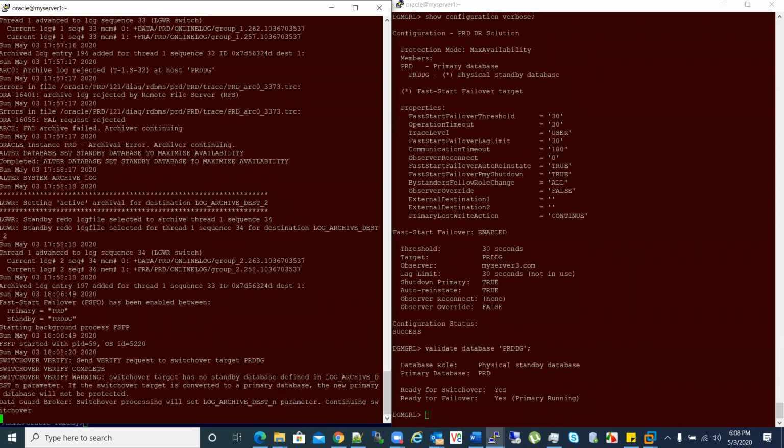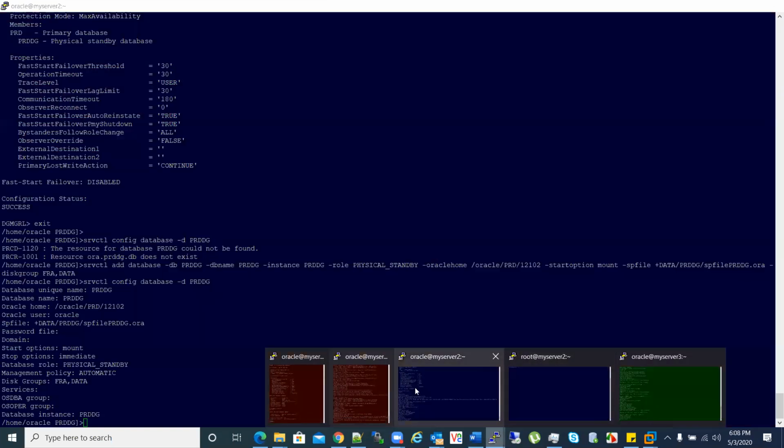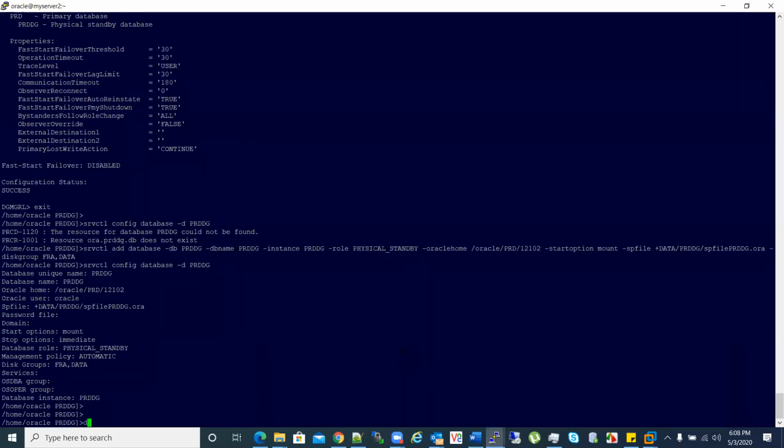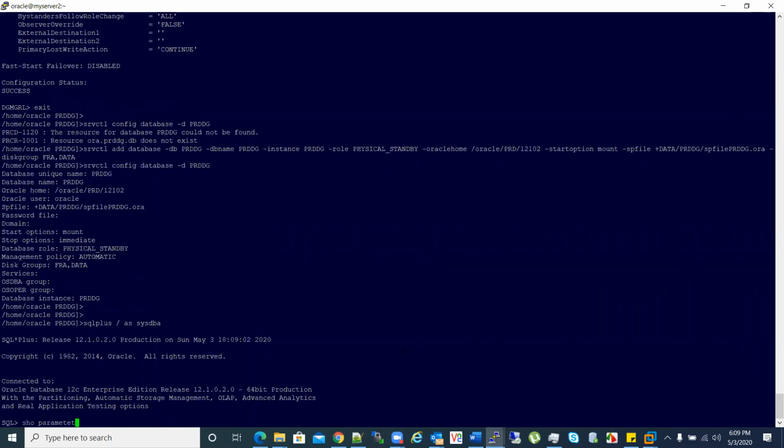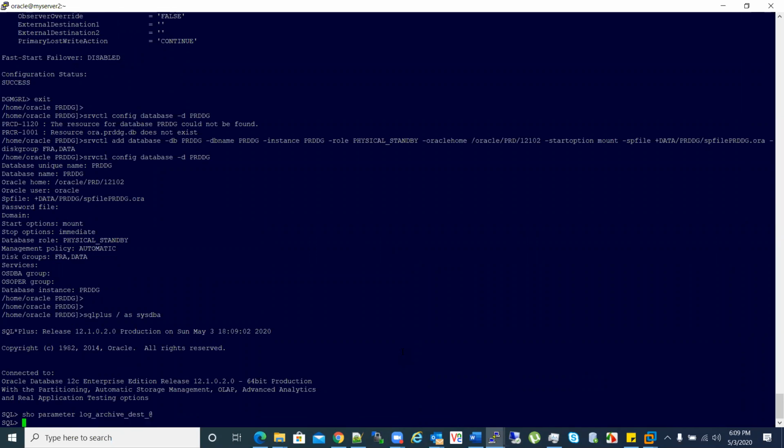So basically it is asking me to set this log_archive_dest_2 parameter in the standby also. But I don't think it is mandatory. So for the timing, let's set that. I'll go to my standby and I'll say show parameter log_archive_dest_2.